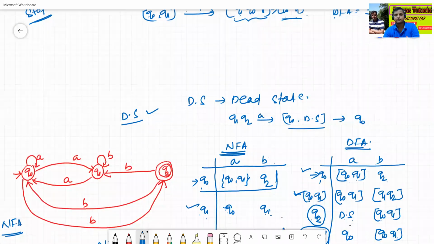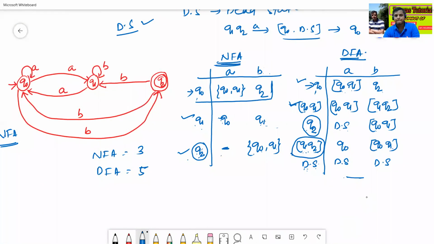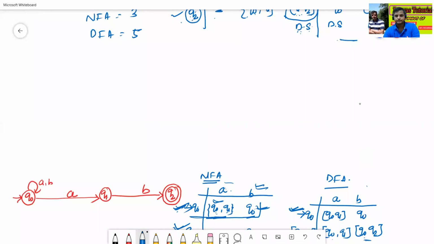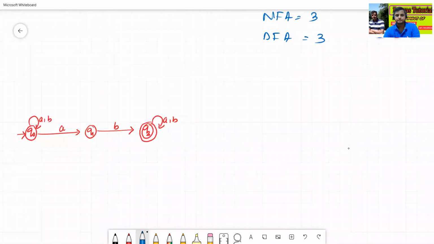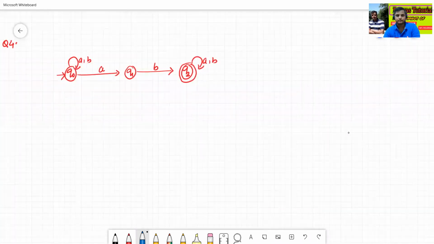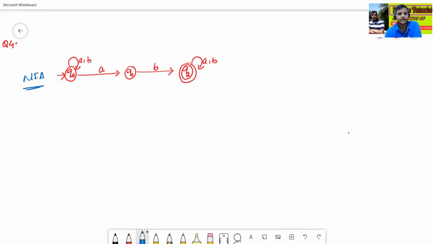Okay. Now we'll check one more example. This is also an NFA diagram. Now we'll convert this NFA into a transition table. This is Q0, this is Q1, this is Q2.